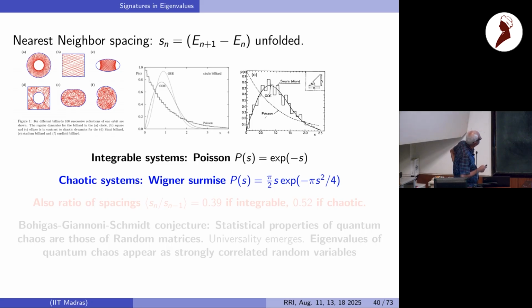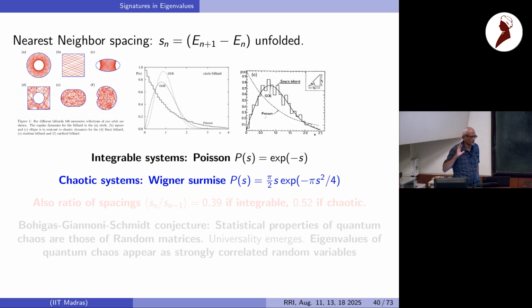They took a stadium billiard, they parity reduced it, and they found all the eigenvalues numerically, and they plotted this. This is for actually the circle billiard, and this is essentially coming from some zeros of the Bessel function or something, right? The circle billiard eigenvalues. If you do the nearest neighbor for that, it turns out to be an exponential, e to the minus s. I am saying unfolded here. I'm not going to go into the detail of what unfolding is, but unfolding is a procedure which is a one-to-one mapping of energy levels to some bunch of numbers such that the mean spacing is 1.